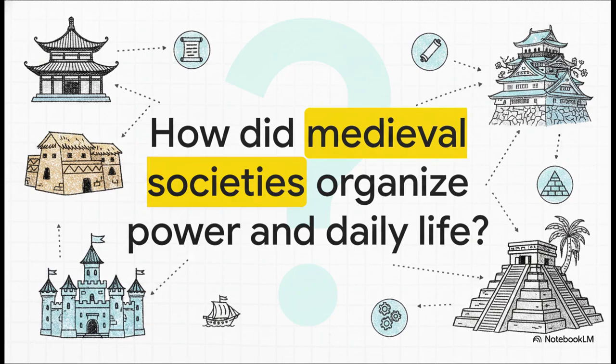How did medieval societies organize power, belief, trade, and daily life? We're going to look really closely at how incredible societies across China, Africa, Japan, Europe, and the early Americas structured their daily worlds. Just think about it for a second. 1,000 years ago, people had absolutely no internet, no airplanes, no smartphones. Yet they managed to organize these massive empires, develop super complex belief systems, and create trade networks that literally spanned continents. How on earth did they pull that off? Well, that is exactly what we're here to figure out.